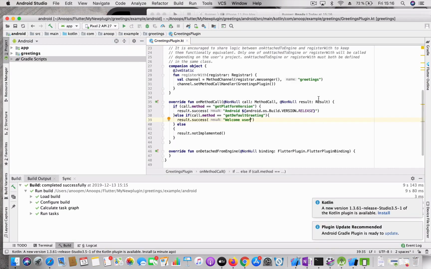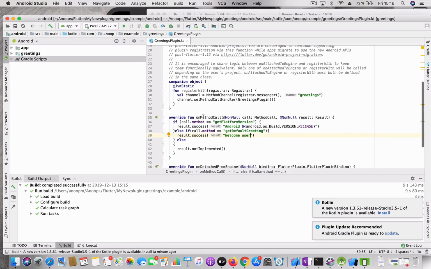Okay, here also you can see a function called onMethodCall, and with the same kind of argument, call, and call has a property called method. You can check the method name here. So I have added an else condition which checks for getDefaultGreeting, and on result.success we give the response as welcome user. So now we have implemented the getDefaultGreeting for both iOS and Android,